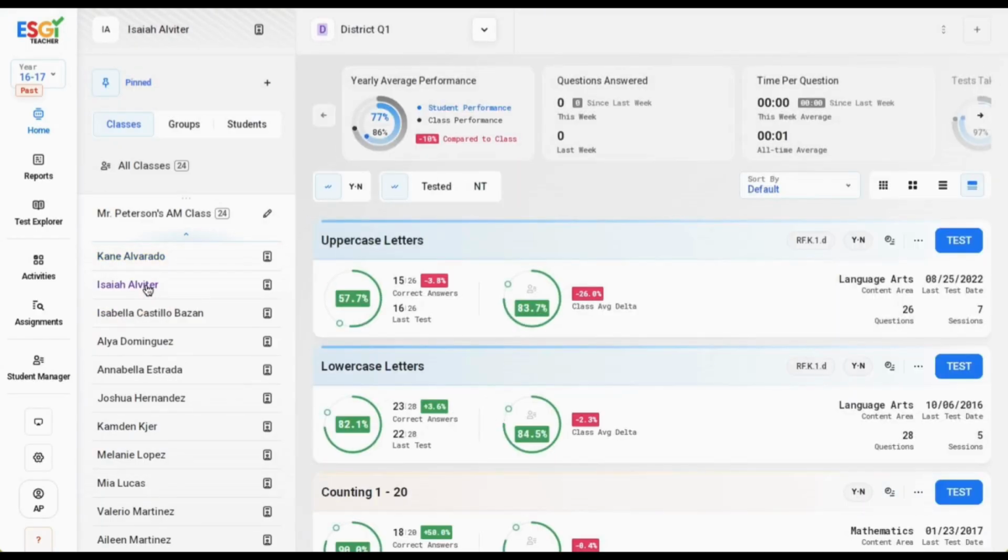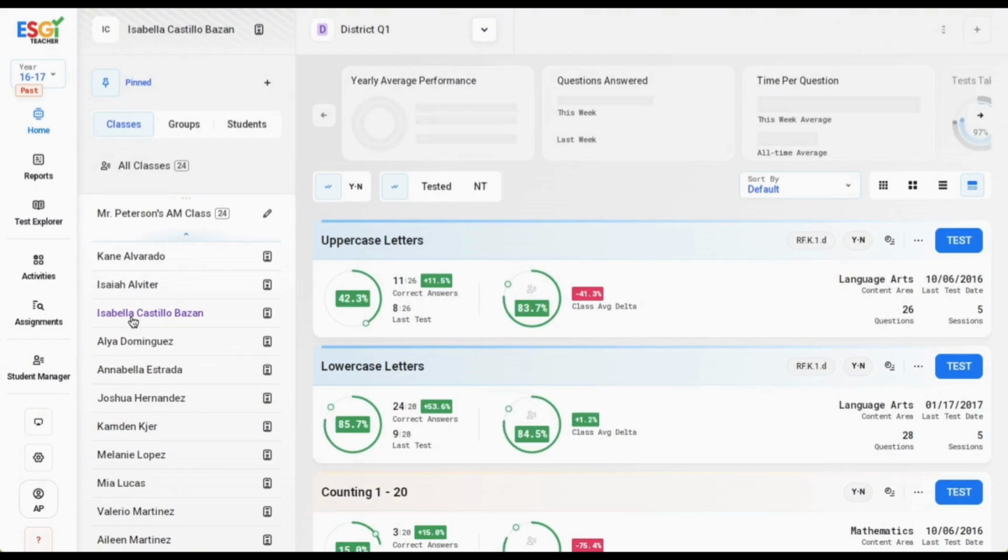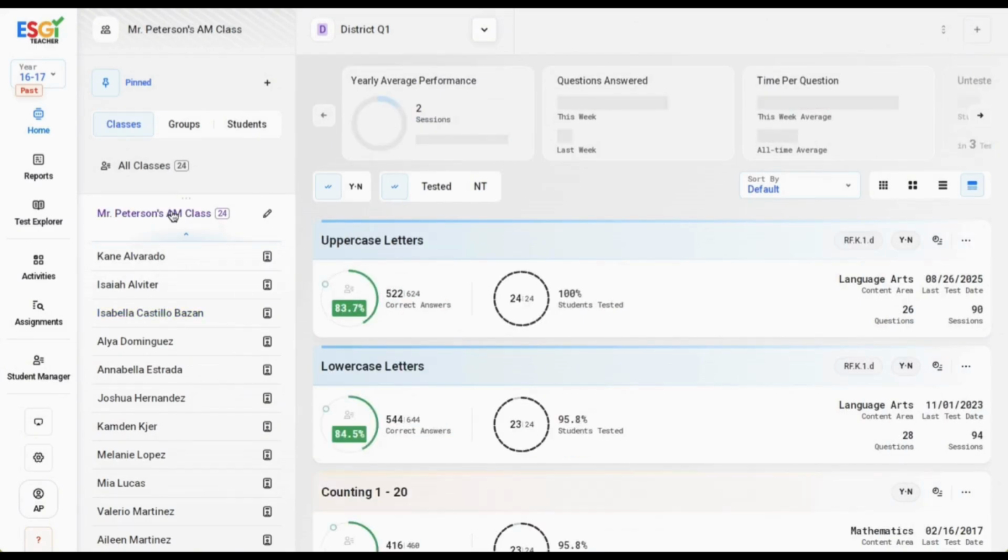Another great way to review data in a quick format is by using our expanded view of the test card. You simply click on any one of the test cards